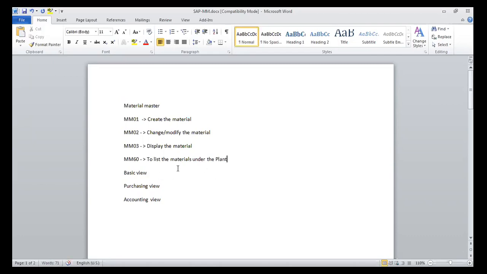So by using MM60, you can list all the materials under that particular plant. Similarly, we have MM04. That is used to display the changes.